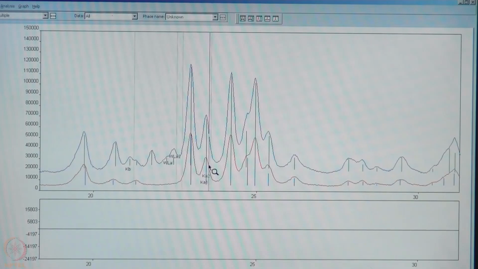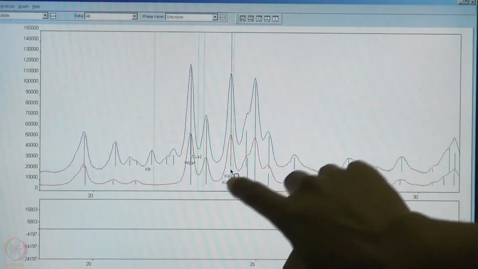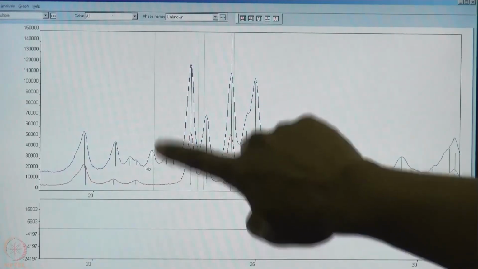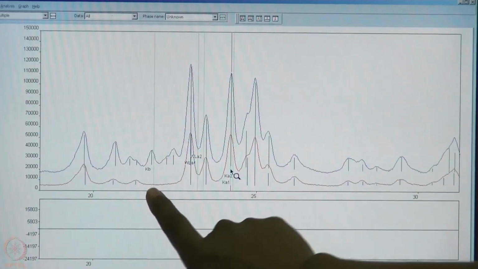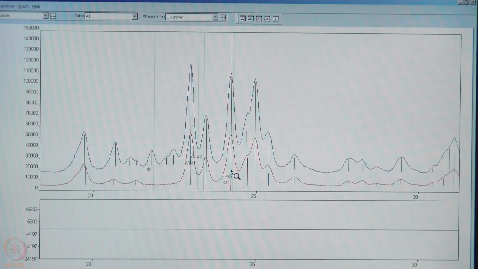The next larger peak, which is somewhere here, is the K alpha peak. The corresponding K beta appears at a much lower 2 theta value and as an independent peak, which was not there in the red. So this pattern comparison clearly shows